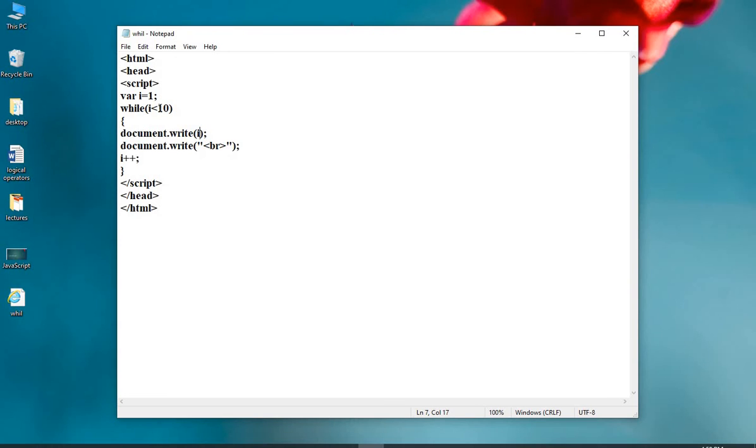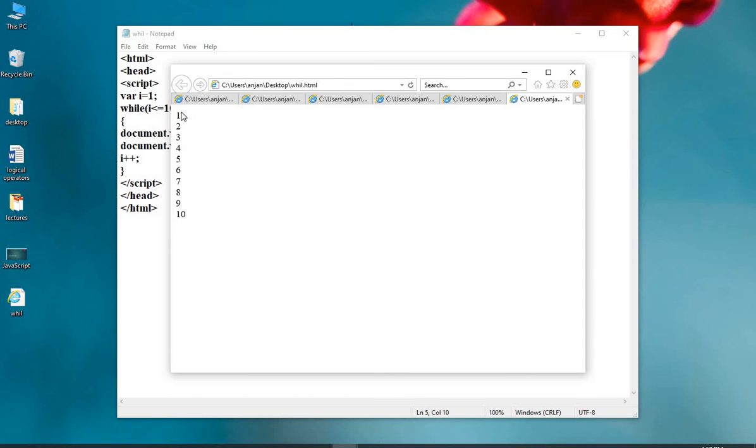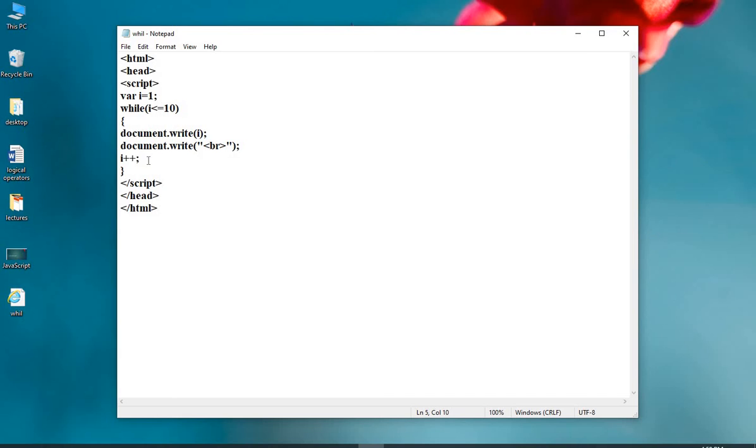So you can make changes over here. I'm adding the equal to symbol. Again saving my code by pressing Ctrl S. The result is up to 10, the first natural numbers. The gap can be increased or decreased by using the increment or decrement statement.